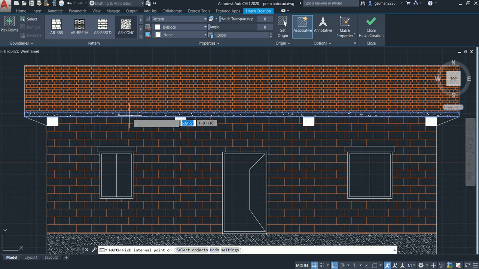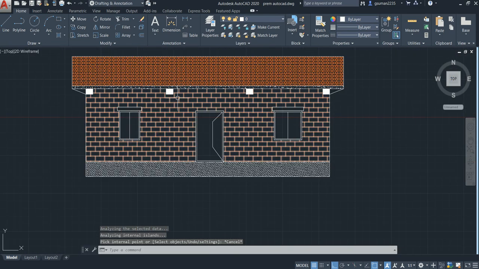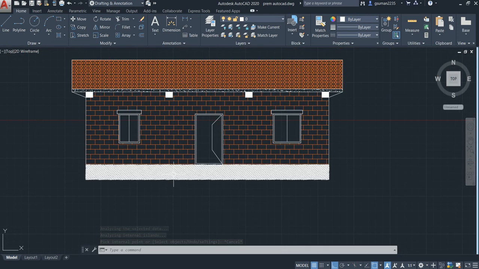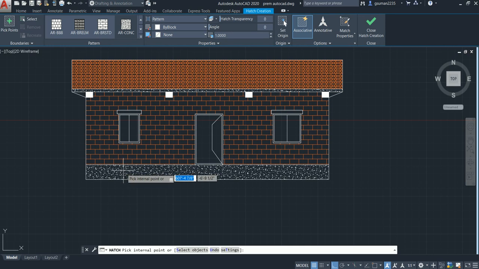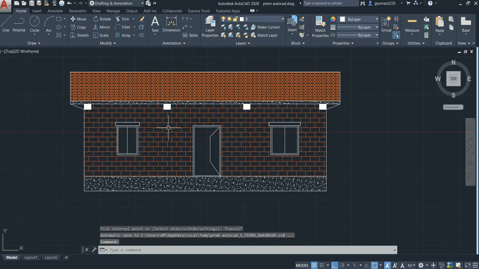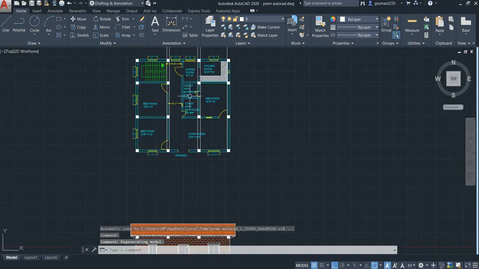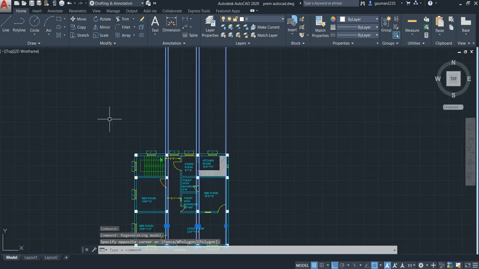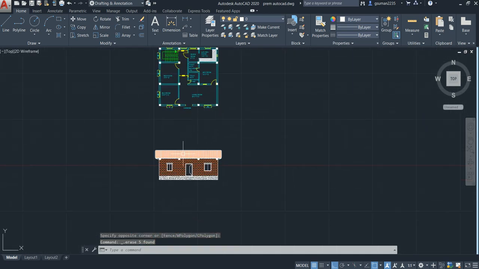See, I have hatch in the slab also. Delete this, and use the same command for the plinth beam also. It looks quite better. See, this is your front elevation of this plan, of the above plan. This is the elevation of that plan.